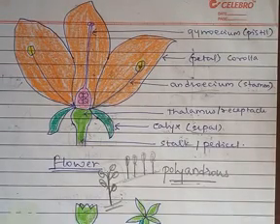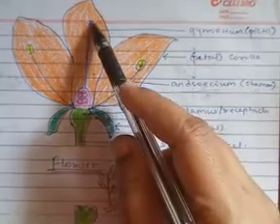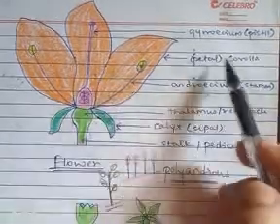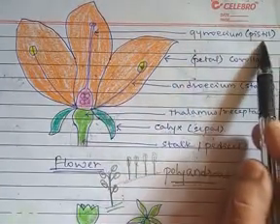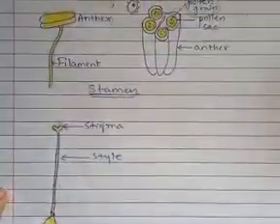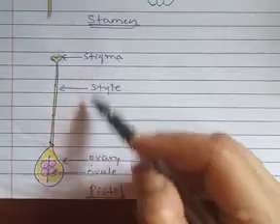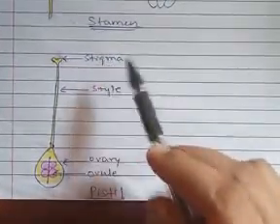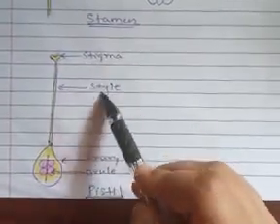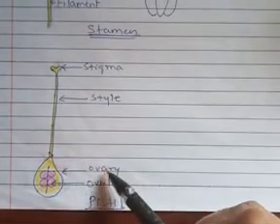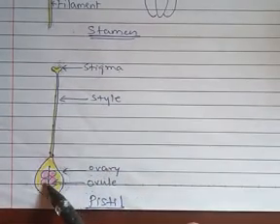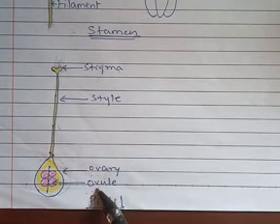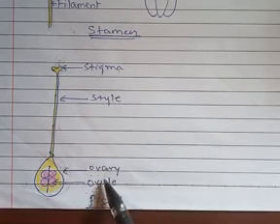Talking about the fourth whorl of the flower, it is the gynoecium. So here you can see this gynoecium. Each member of the gynoecium is called a pistil. Let us discuss the pistil in detail. Here we have the diagram of the pistil. As you can see in the diagram, there are 3 important parts in the pistil: the stigma, the style, and the ovary. Within the ovary you will find the ovules, and within these ovules the female gamete is observed. The female gamete is present inside the ovules.